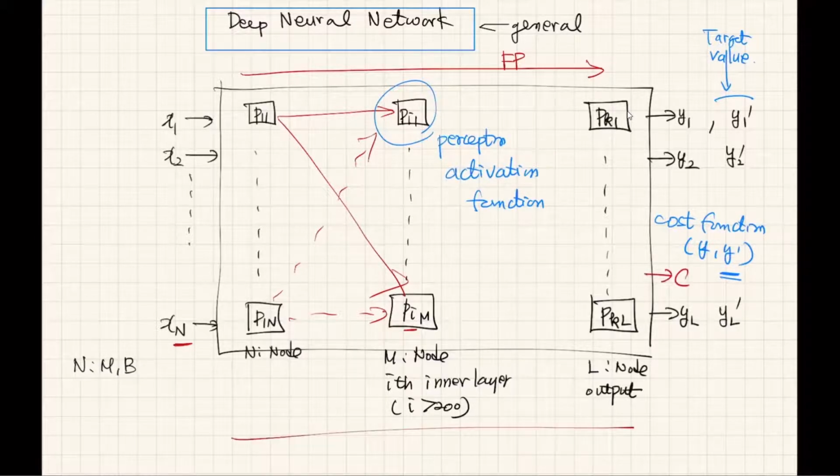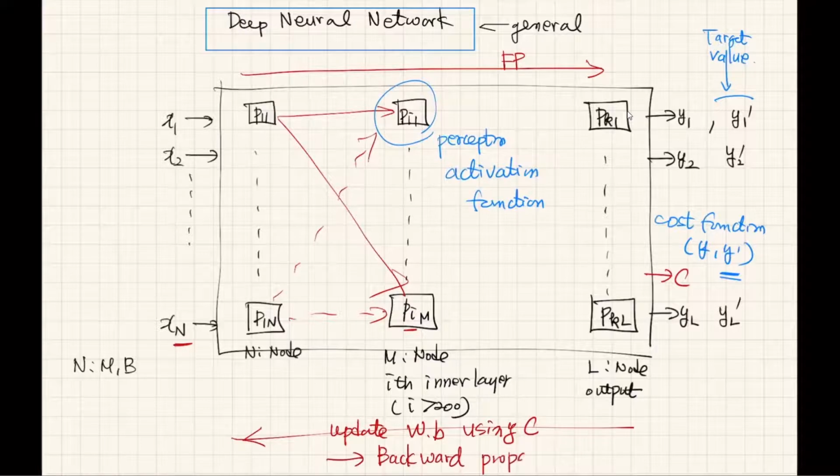And we update W and B using the cost function. That is called backward propagation. And this cost function can be described by